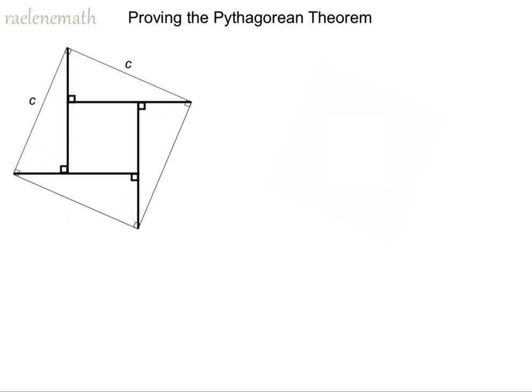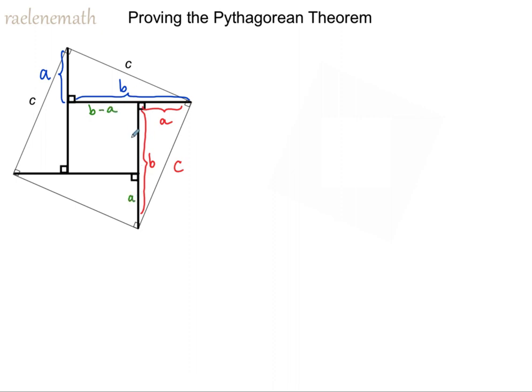Now let's label the legs of the triangle. The shorter one, the height here, or altitude, I will label with A, and the base along here, which is the longer of these 2 sides, is called B. Since the triangles are congruent, every smallest side is A, and the middle length is B, and the hypotenuse is C. As a result, then we can see that the length of this is B minus A,